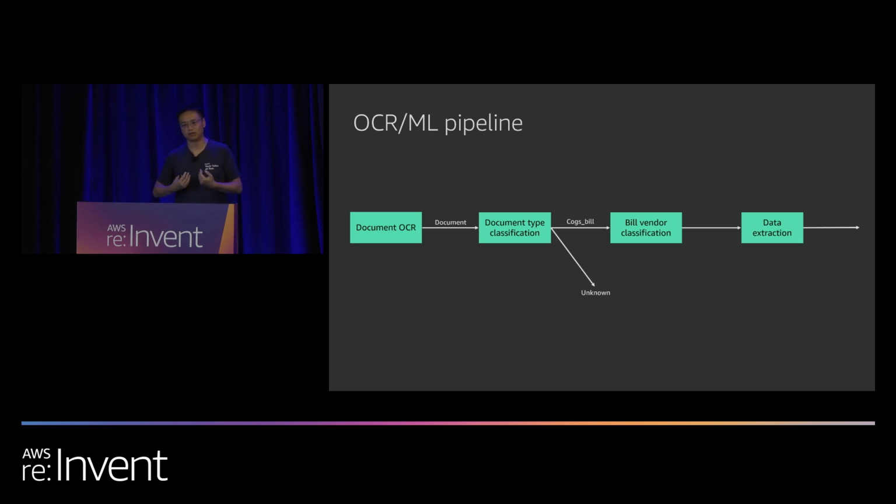So you get an email from the carriers, and this email can come from any carrier. It's an email address, and you can receive all different kinds of email which contain PDFs. The first thing you need to do is decide, is this really a bill or not? What kind of document is it? And the second step is to understand which vendor this bill comes from.